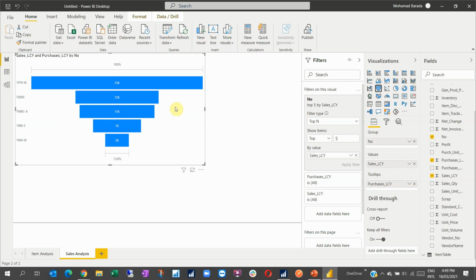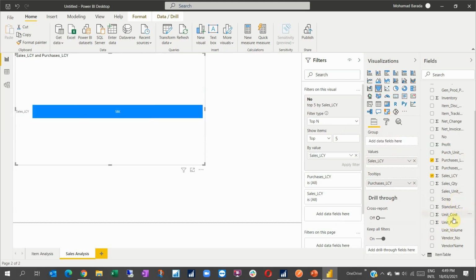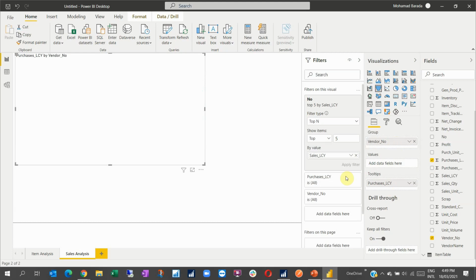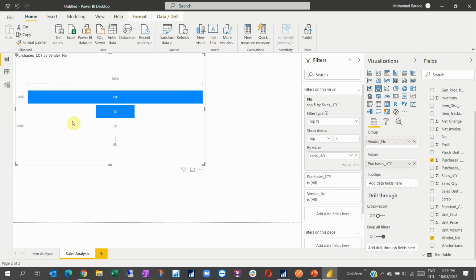Okay, so you can use it also to see the values, and you can see it by number, or you can see it by another criteria. You can see it also, for example, by vendor number. If I would like to see by vendor number how much I am purchasing, so I can see vendor, and here I will put purchase value. So I can see from where I'm purchasing,